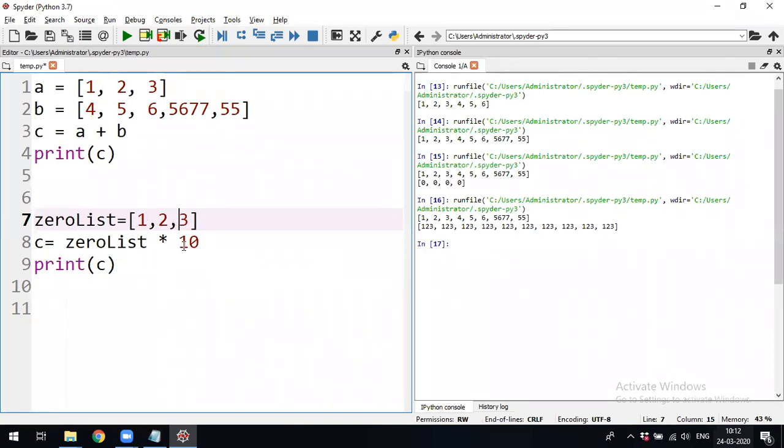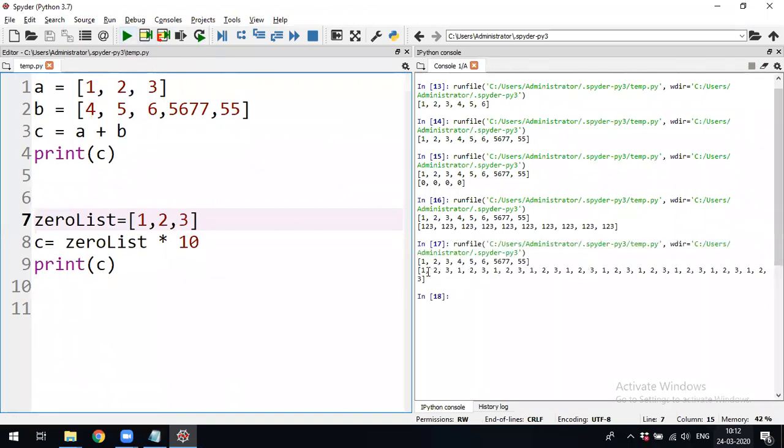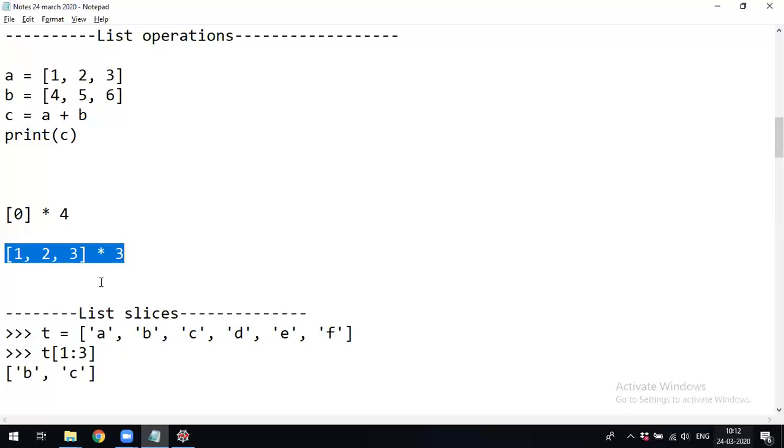Now if I multiply by 10, the number of elements in the list is 30. These elements are repeated 10 times inside the list. List operations, 2 operators, one is plus, another one is multiplication. These are the 2 operators we normally use with the list.